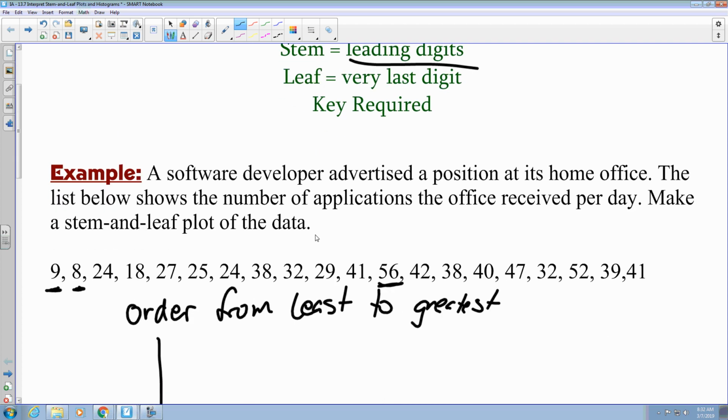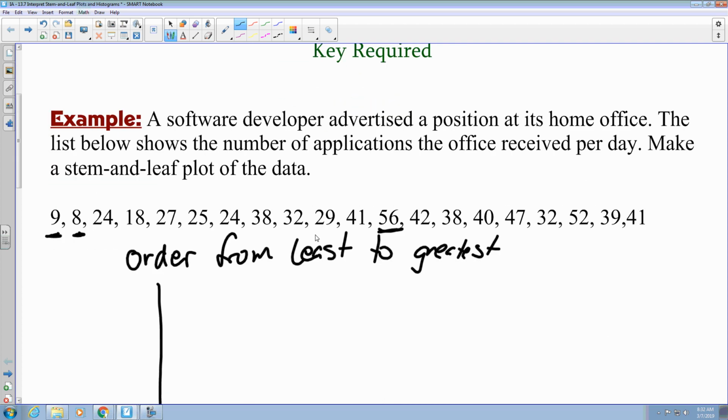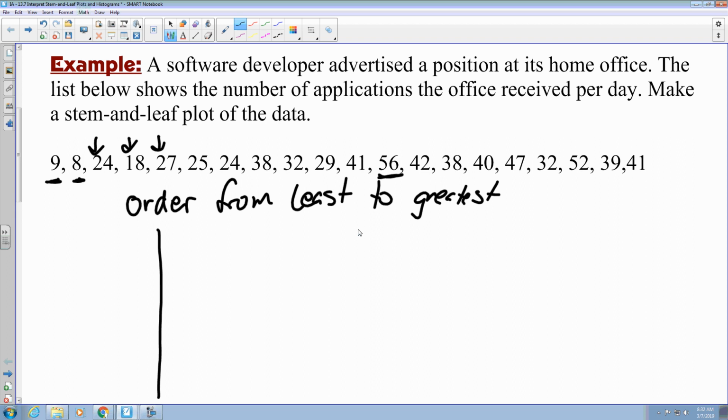Since there's not two digits with 9 and 8, I'm going to put that as 0. So the stem, I'll start with 0, and I can put 1, 2, 3,